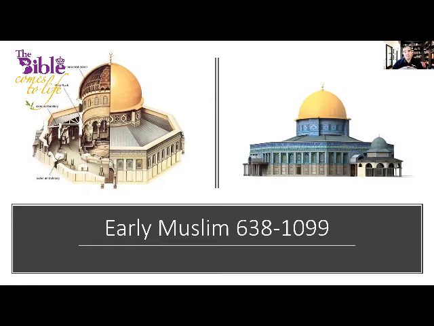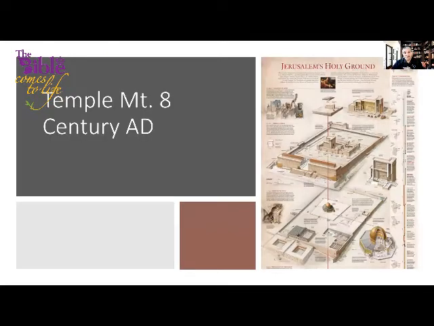And this is, of course, the Dome of the Rock, not Al Aqsa. This was the case until the year 1099 AD. Before that, between 638 and 1099, we have what we call the Umayyad Kingdom, or the Umayyad dynasty, a set of kings that controlled around the 7th and 8th century AD. And they basically were the greatest builders of Temple Mount.